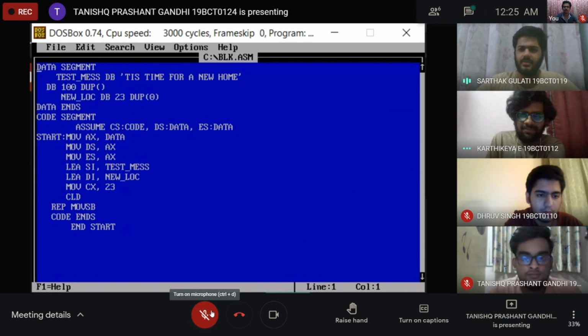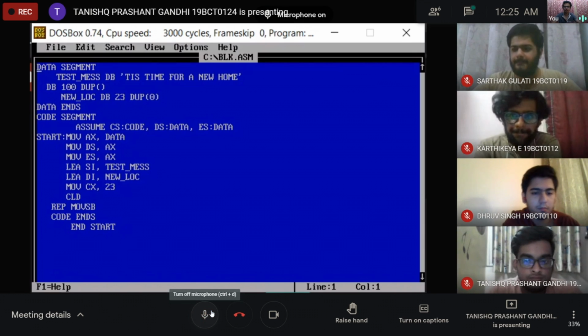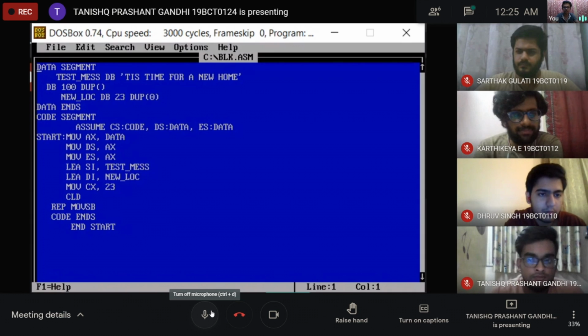To explain the code further, I'd like Shubham Shankaram to continue. From start, we have MOV AX, data and MOV DS, AX. Here the value of data is moved to AX and AX is moved to DS. The base address is initialized in DS, and the same base address is also moved to ES.